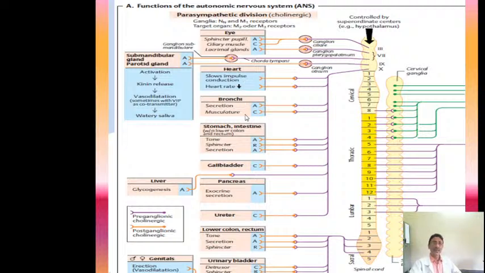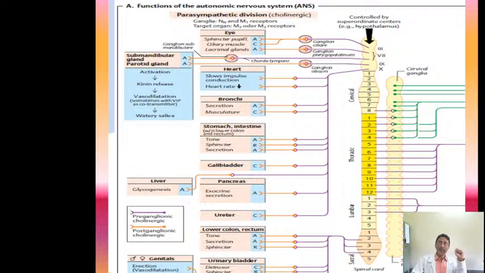Then what is the action on the bronchi? Whereas what is the action on the stomach? What is the action on the glands? Remember one thing, on the GIT and on the glands, the effect of parasympathetic stimulation is that all the secretions are increased. Wherever there is a gland, if you want to remember it this way, parasympathetic stimulation to the glands will cause a copious amount of secretions. What will happen to the contractions? The contractions will increase. So this is the way it will happen.